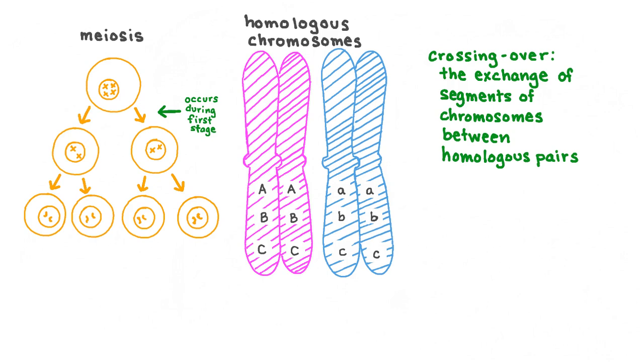Let's say that these chromosomes carry the genes A, B, and C in the areas indicated. We can see that within this pair, one of the chromosomes carries the dominant alleles capital A, capital B, and capital C, while the other homologous chromosome in the pair carries the recessive alleles lowercase a, lowercase b, and lowercase c. And we can also see that both sides of each replicated chromosome carry the same alleles, or essentially that they are identical copies of each other.